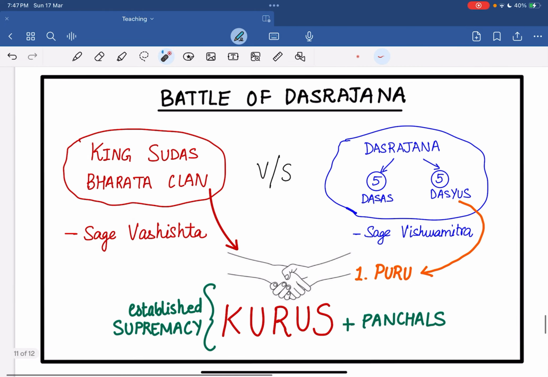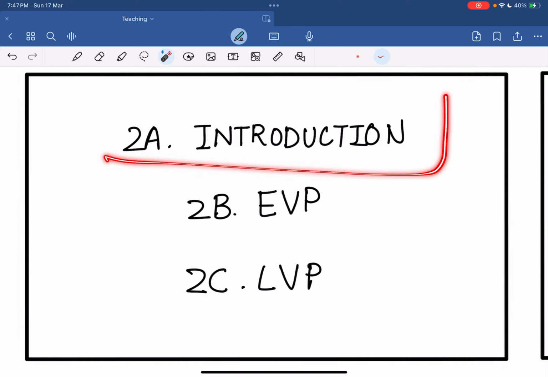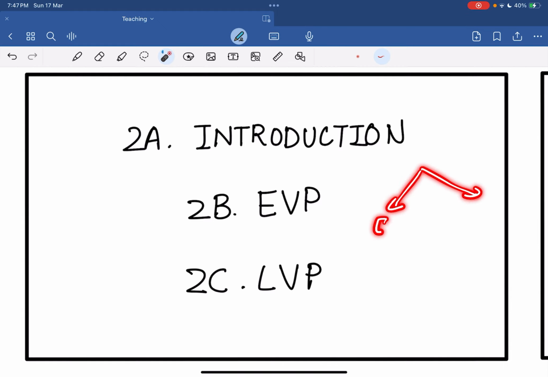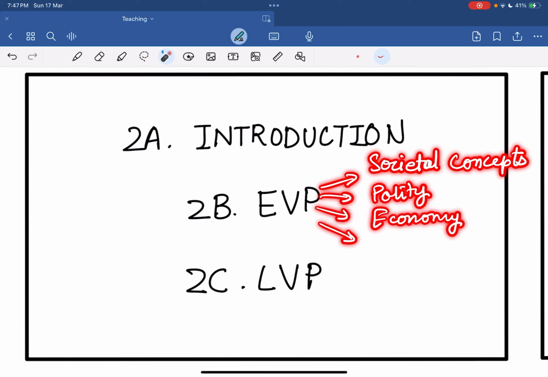Let's move on to the last section of this lecture. This one is just an overview of what we're going to learn in the coming lectures. We're done with this section. 2A was this lecture. Now in the upcoming lecture, we already saw that there are two distinct periods, EVP and LVP. So in lecture number 2B, we're going to look at the societal concept, the polity, the economy, the religion,